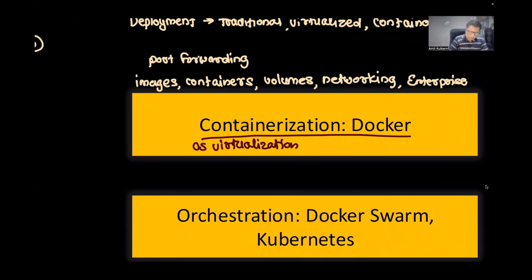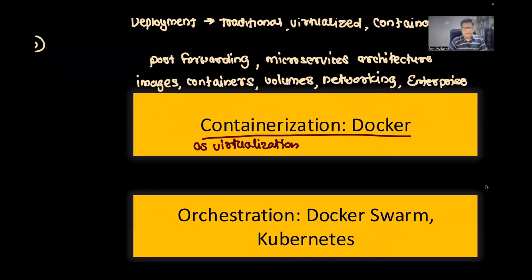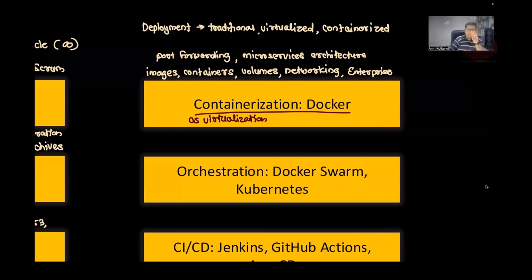Docker is very famous because of microservices architecture, and we'll talk in detail about what microservices architecture means, and what the difference is between microservices and monolithic architecture. What are the advantages of this? How can microservice architecture be implemented? How can they communicate with each other, what are the standards, and what do you mean by message queue? How are microservices developed in the real world? The project that we'll be working on is also a microservices architecture project.